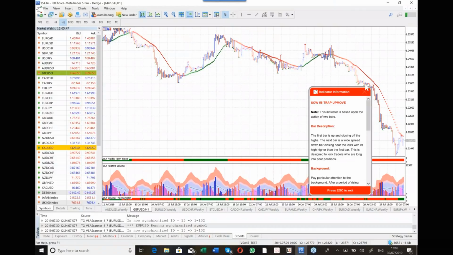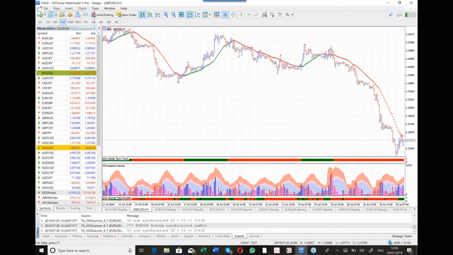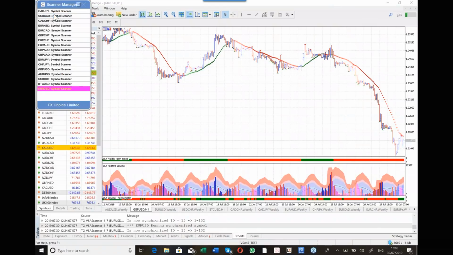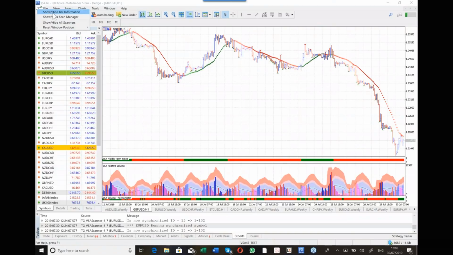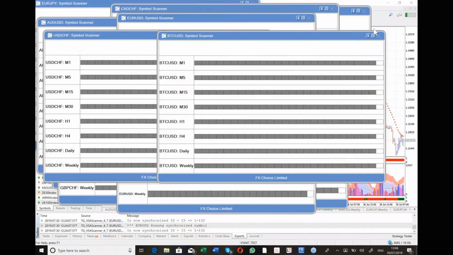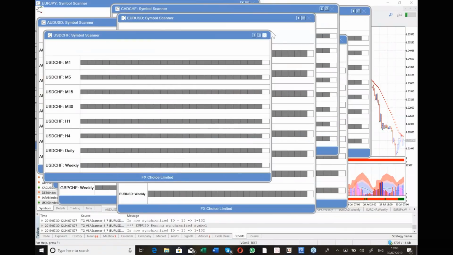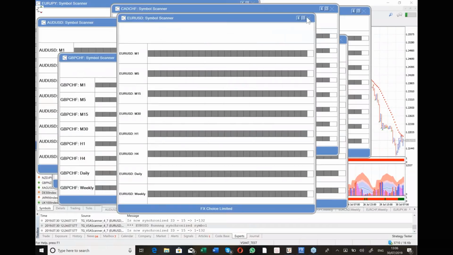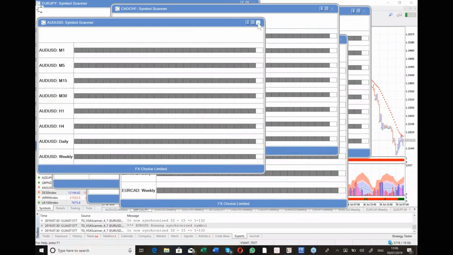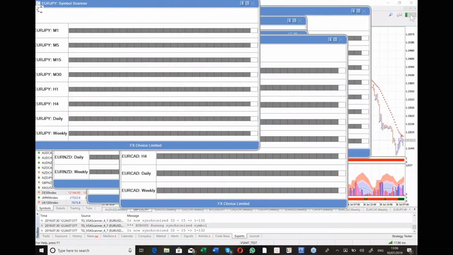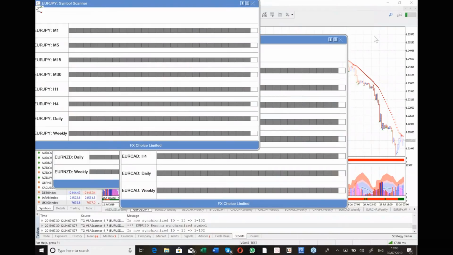So let's talk through the system. Now, first of all, what I'm going to do is I'm going to put up my scanner. And if I put this up, and let's just put up all scanners, put the lot up. Okay, let me go back to my other screen. Bear with me, because I haven't set the in. Yes, I know what I've done here. Don't worry about that for the moment. I'm going to show you it on the other screen. So we're going to just put this up on the FX, on the futures account, and I'll show you. And again, tell me when you can see it, because my internet on that machine is intermittent. Right, here we go.